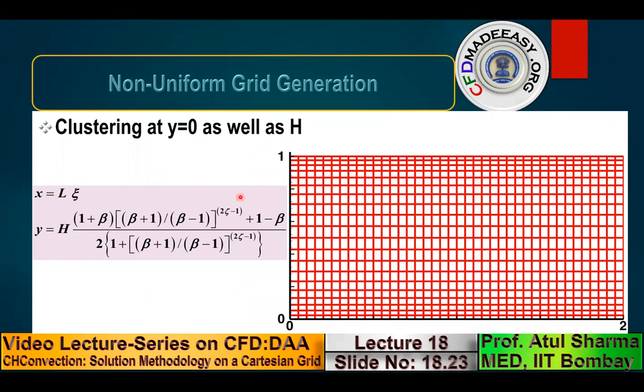So this is the expression that was presented, where I mentioned that a non-uniform Cartesian grid can be generated using certain algebraic transformation. Using the non-uniform grid generation procedure presented in the previous topic, I'm showing you the expression that was presented earlier. And this is a non-uniform grid that has been generated for slug flow in a plane channel.